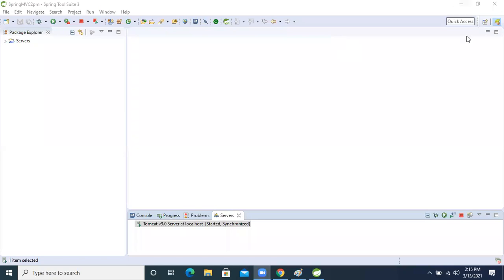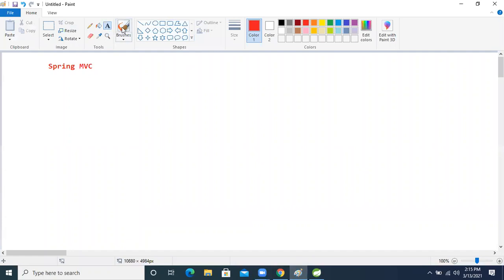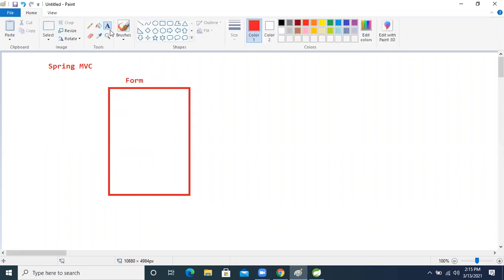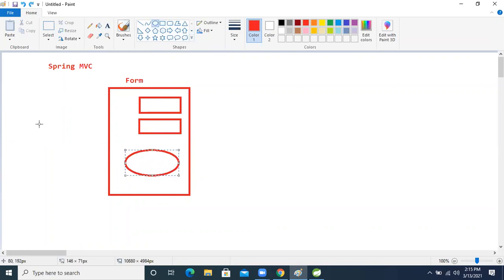So let's understand one servlet application, right? I'm going to design one thing. This is our form, one form. Inside that form, two fields are there. I'm just sending the name plus age, right? Then the end user will click on one button. So after clicking that